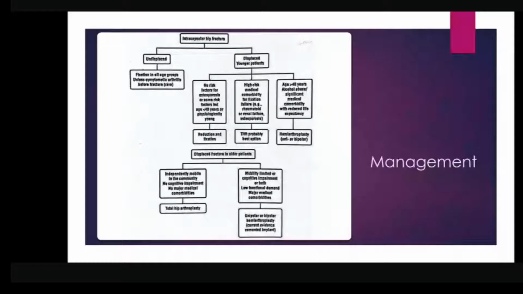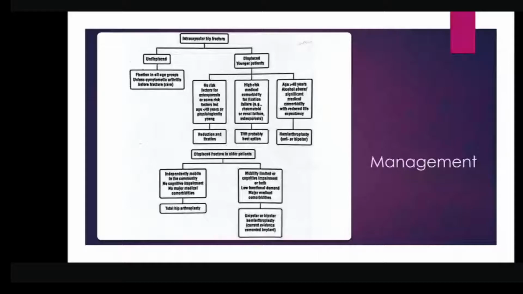Osteosynthesis, that means the preservation of the femoral head, should always be attempted in a younger patient. You cannot replace the hip in a younger patient because your replacement will last for 10 to 15 years for hemiarthroplasty and 20 to 25 years maximum for total hip arthroplasty. So if a patient is 35 or 40 years old, you should always try to preserve it.